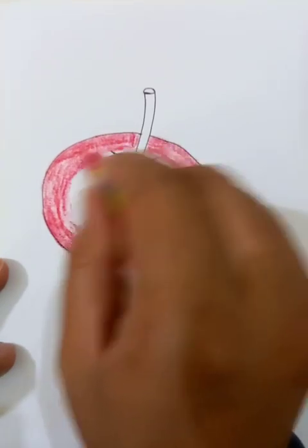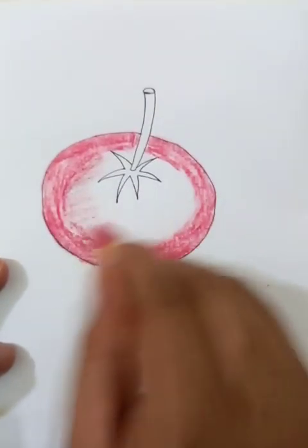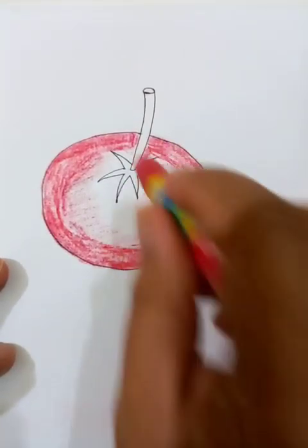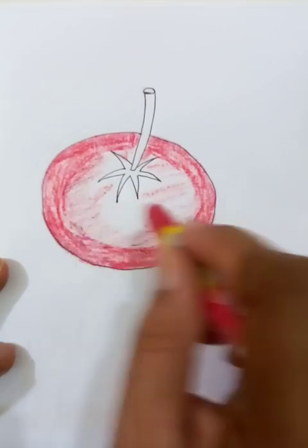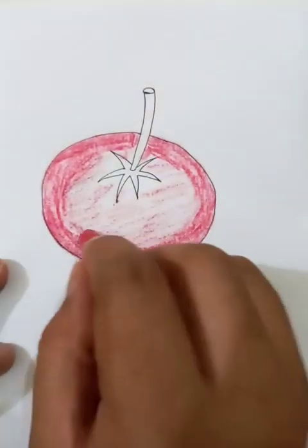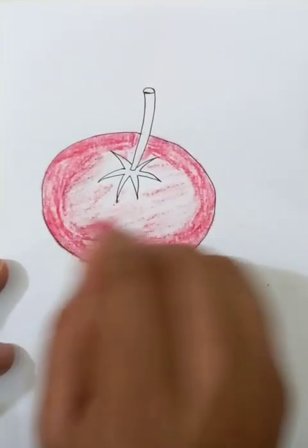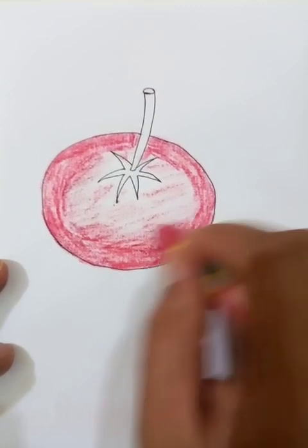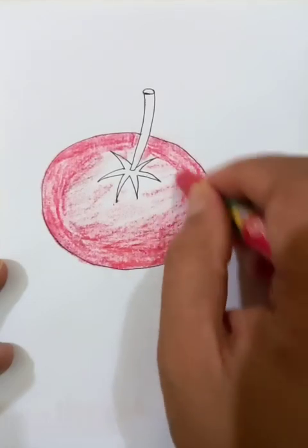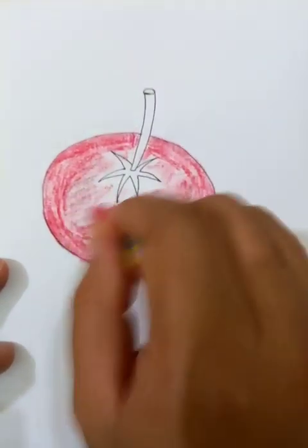So as you see, I am going to the middle and the shades are becoming lighter like this. All right. As long as we can, we would like to smooth the transition or the gradient point from darker to the lighter. All right,